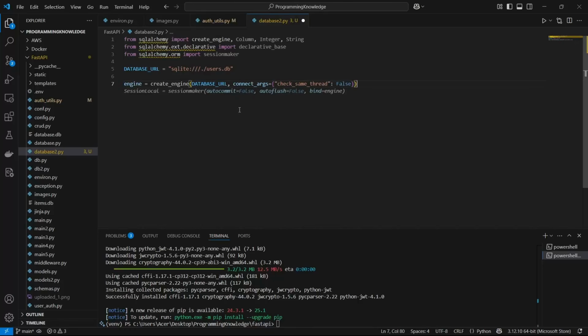And then moving forward, we can define a SessionLocal here. So SessionLocal is basically the database session, which will be used to handle all the queries. And for the base, we can have a declarative base object here. So Base is equal to declarative_base, and that's it. All right. So that is our database file,